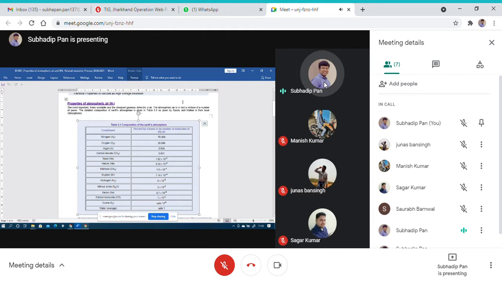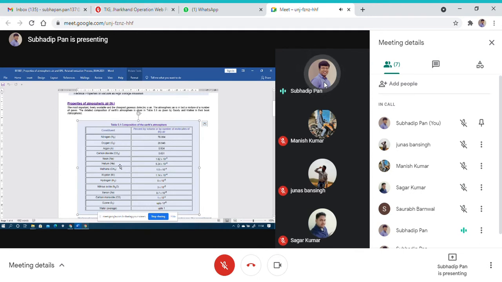So atmospheric air is in effect a mixture of a number of gases. The number of gases means these types of gases available in the atmospheric air. These are the details of the composition of the atmosphere, available in this table. You should remember these things. That part is purely based on organic chemistry. In class 12 you were already taught organic chemistry, the different molecular structures of each and every gas in the atmosphere, so you will already know that.